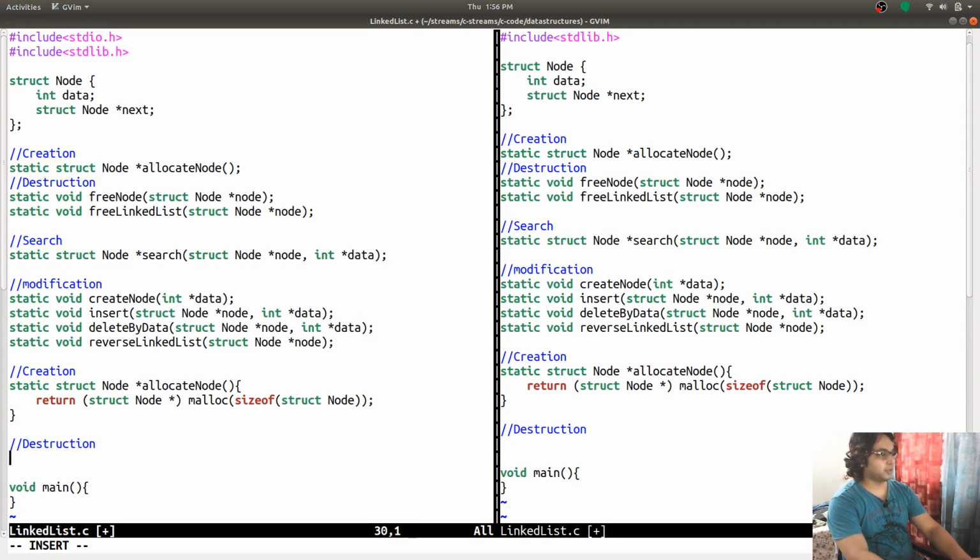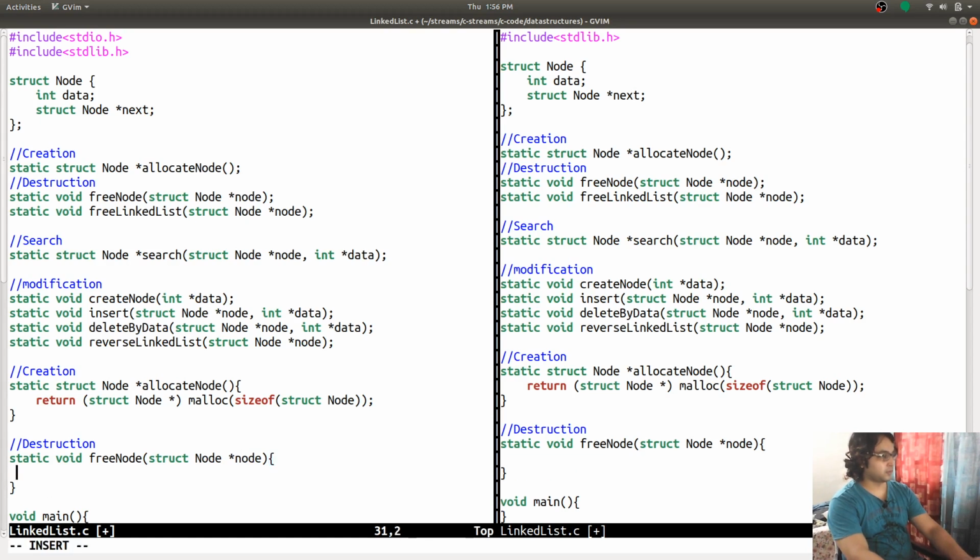Destruction, free node, static. So when I get this struct node, I'm going to call free node like this. This function is basically an encapsulation.